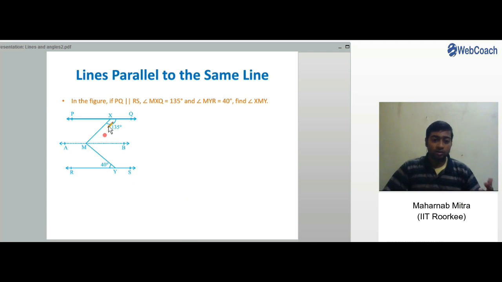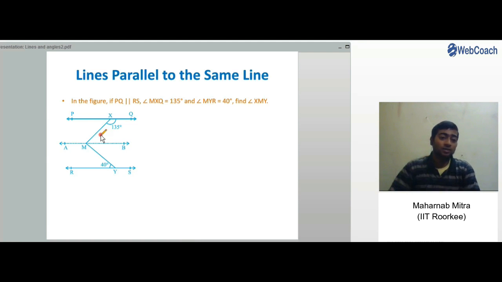Because you can see angle XMY is such that we cannot calculate it directly. There is no kind of interior angles or corresponding angles. We cannot find them directly, right? So for that reason we have drawn a parallel line such that we get segments of transversal for every set